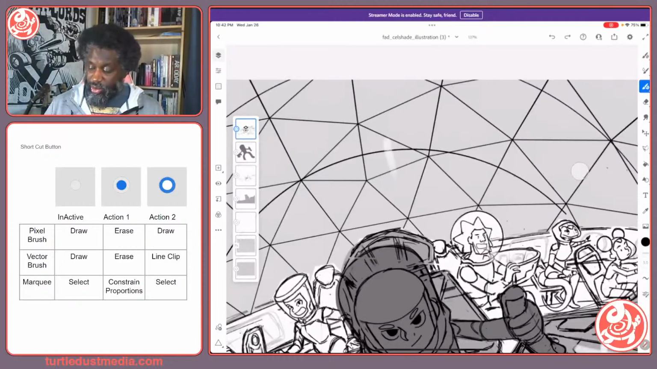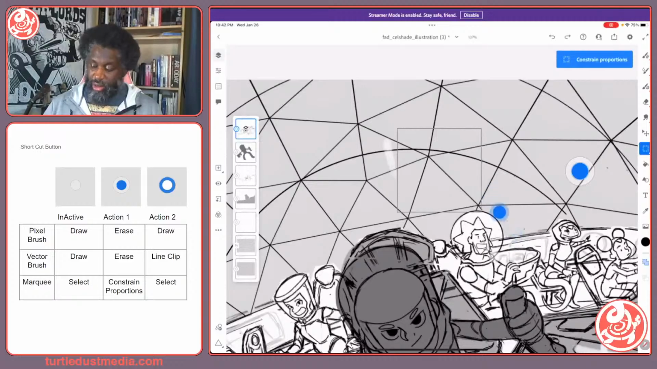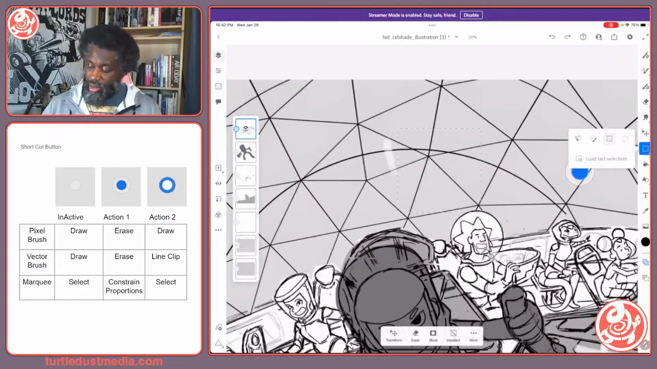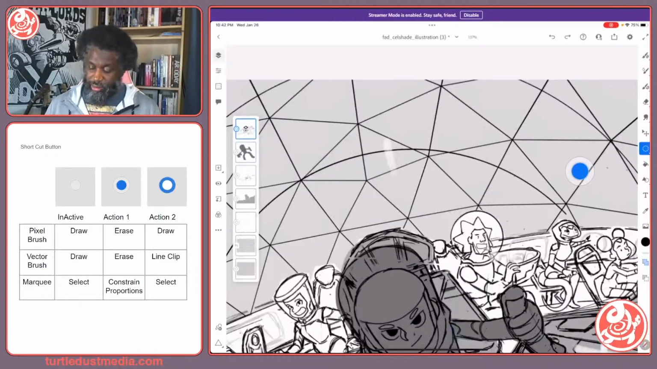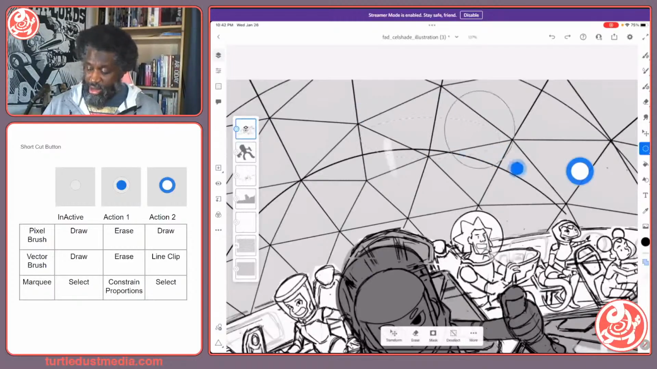And with the marquee tool, if I select one of my shapes and I want to get a precise square, if I double click on my marquee tool, now I have a constrained square, or a constrained double click, a constrained circle, right? So if you click again, you get selection again. You can move quickly between constrained